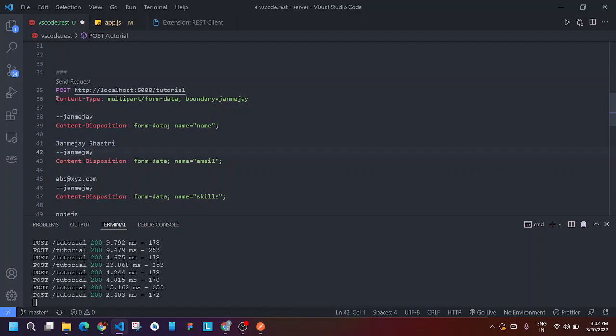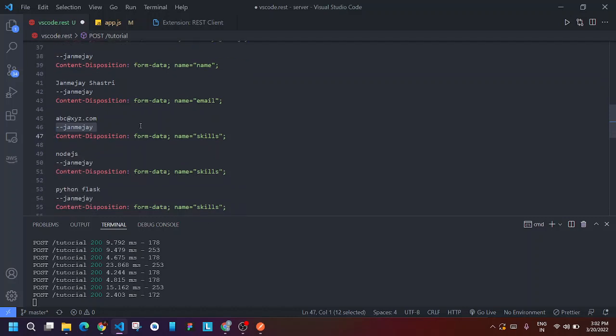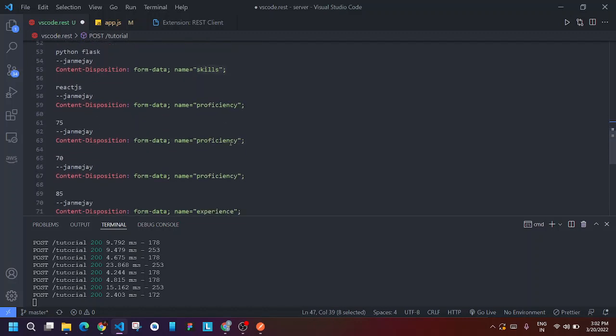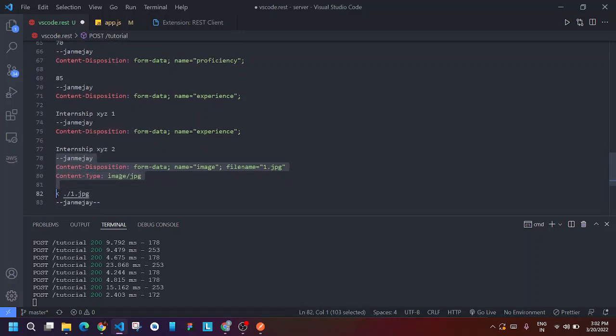Then after that, another field which is the email. Now one line blank to separate the email. Then another field starting where you will again write the boundary name. So now that will be the skills, and so on. So this is still the experience I've written. Now after that, what this shows is the image I want to send. So in the content disposition, I write form data, then name I put image